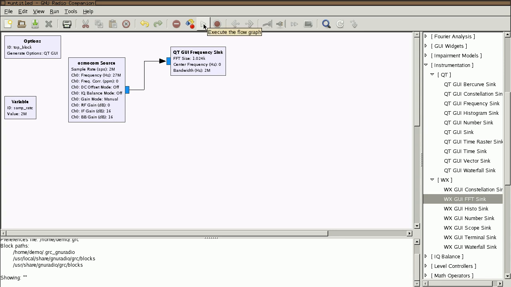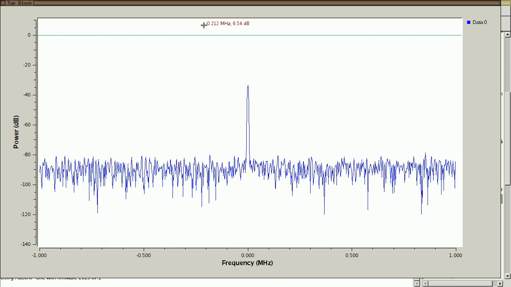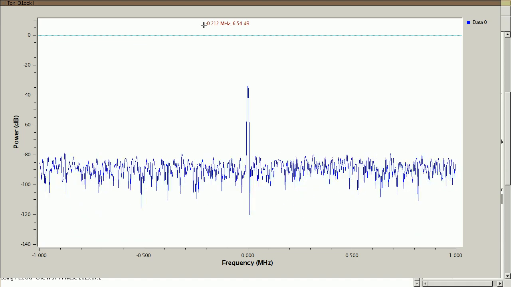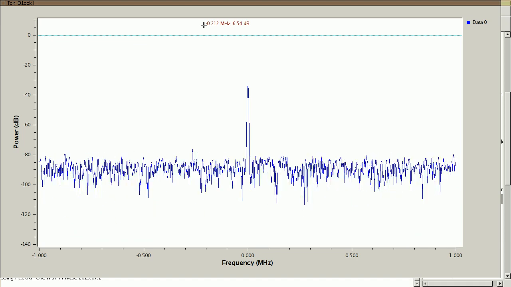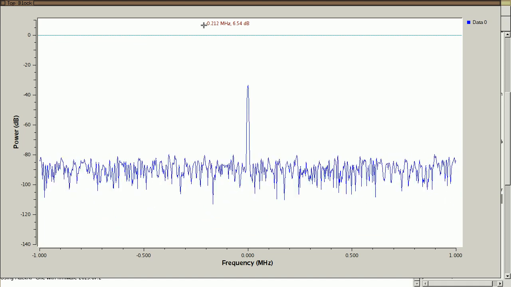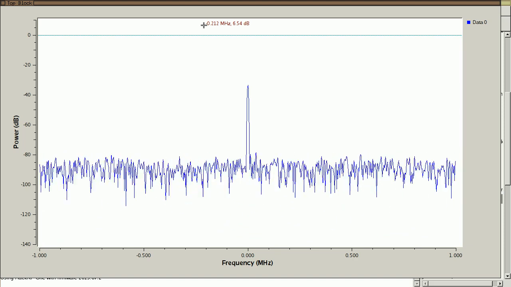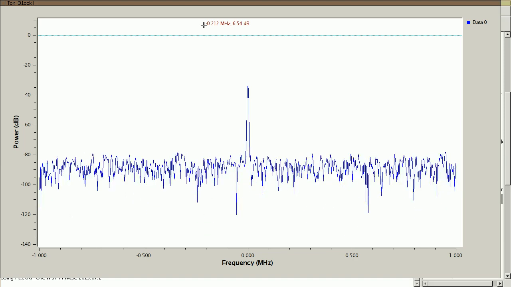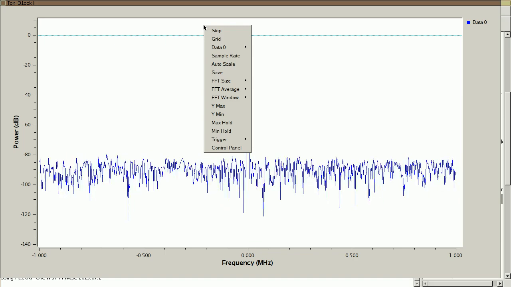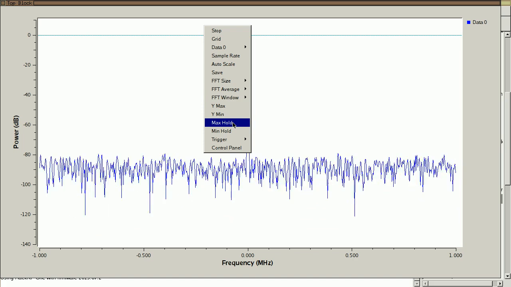Now let's see what happens. I'll execute this flow graph, I'll give it a name. And here we have an FFT running in real time. One thing you'll notice that's different between the WX GUI FFT sink and the QT GUI frequency sink is that the QT GUI does not have some of the controls that you're used to on the right-hand side. But if you use your third mouse button or your middle mouse button, you can bring up a menu that has a whole bunch of different options, including things like max hold that we've used with the